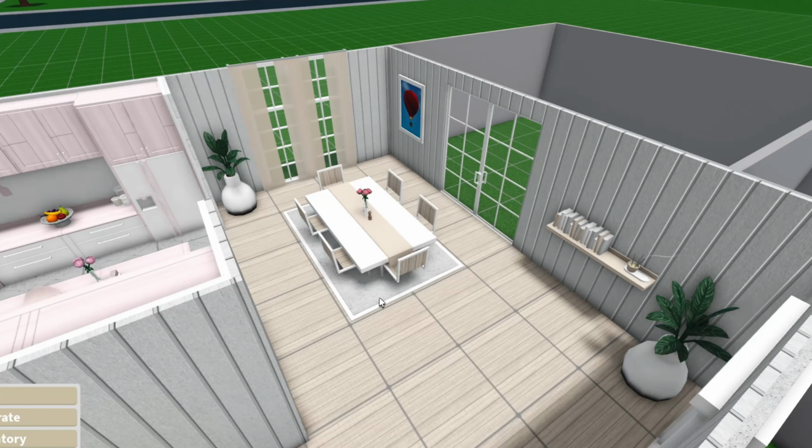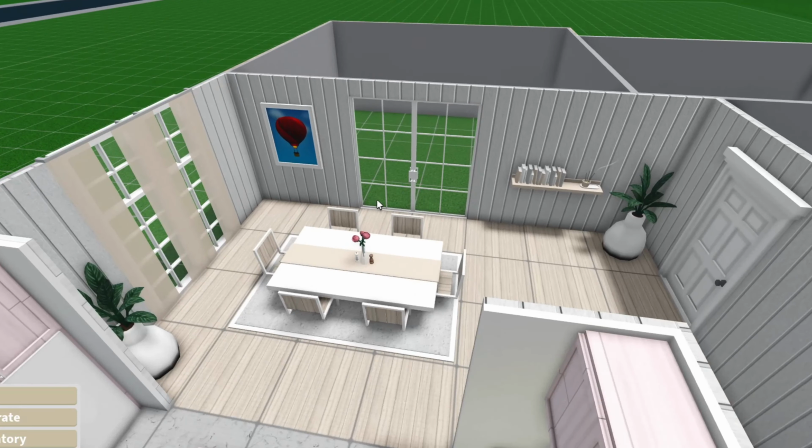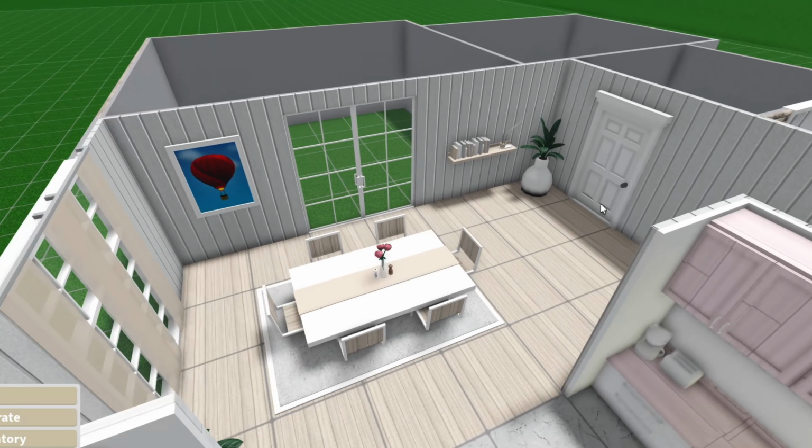So here is my minimalistic dining room. Now, I really didn't know what I was doing with this generally. I just kind of winged it as I was going along. So I did try and be as minimalistic as possible, but this is what we have. And next thing to do